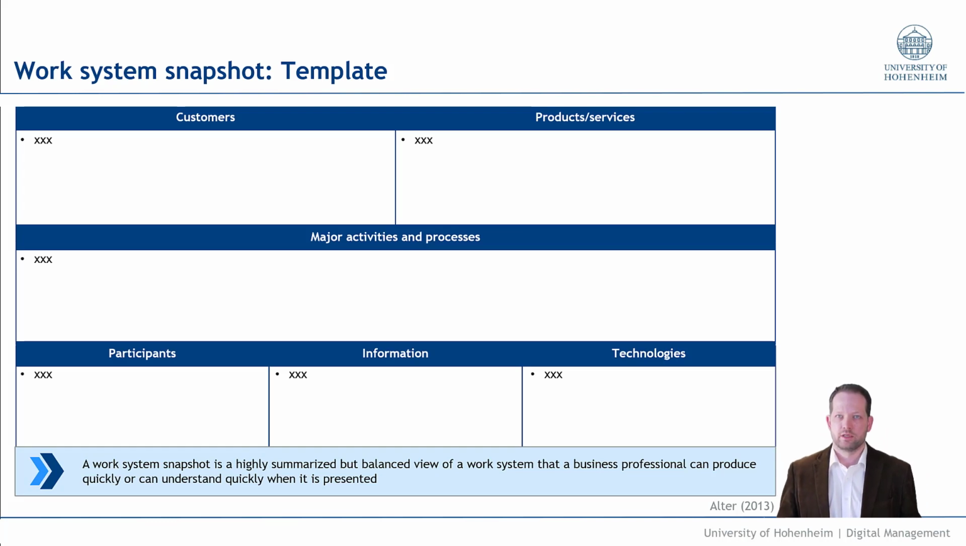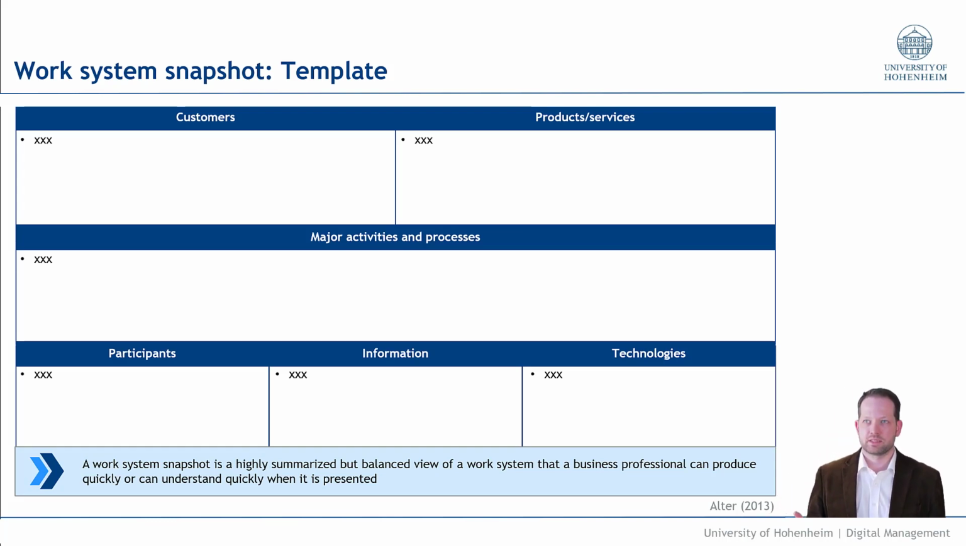Well, here's a template. You have the 6 key elements: customers, products and services, major activities and processes, participants, information and technologies, which forms the core of the work system. Remember, it's surrounded by the environment, strategies and infrastructure. And if you are able to depict these 6 elements on one slide, then you have a very tight, very crisp overview of the work system, which makes it easy for others to understand it quickly